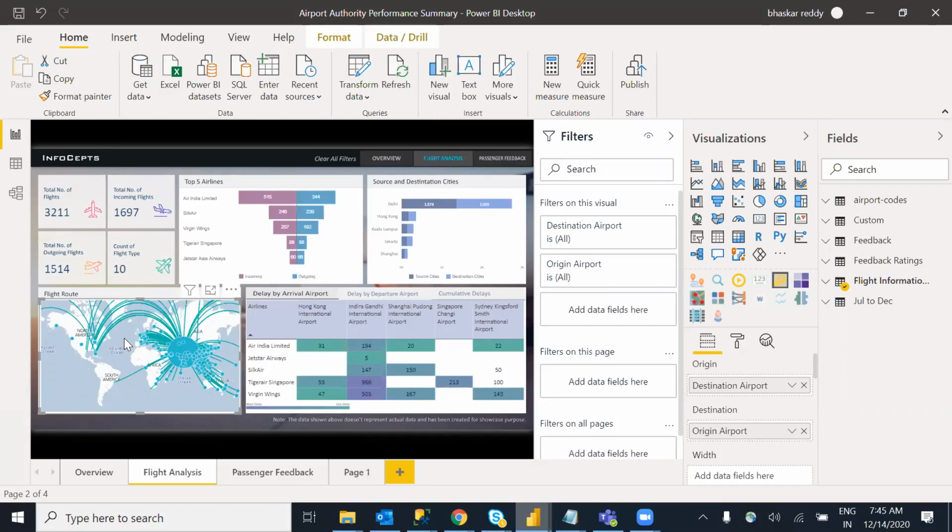But I want to show two different locations, map them over here, and display the path. For this we don't have any default visualization, but we have one custom visualization: the flow map. Flow map means source to destination, just origin and destination, origin airport and destination airport. For example, Bangalore to Chennai, one flight is there, and I want to show that. So we have a flow map visualization over here. We have a custom visualization.